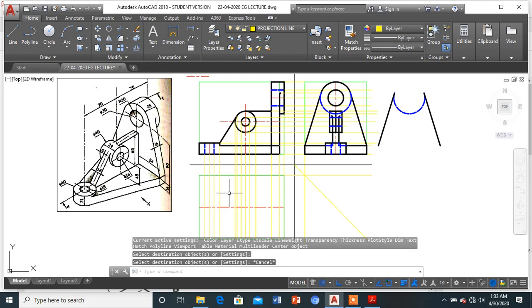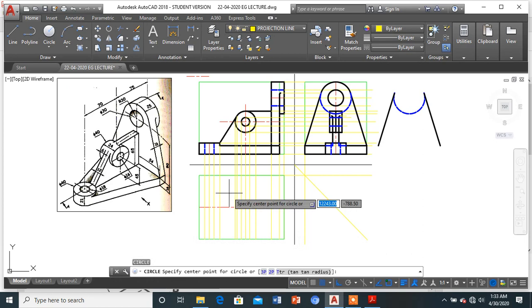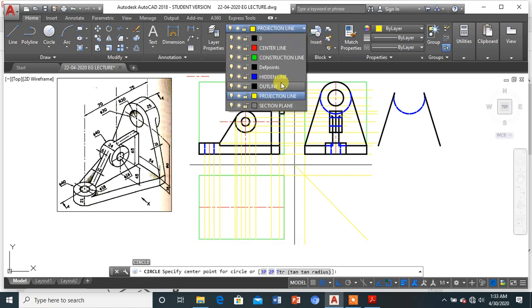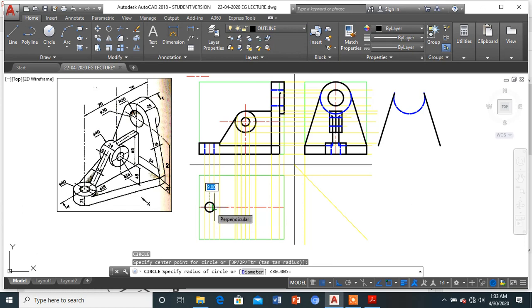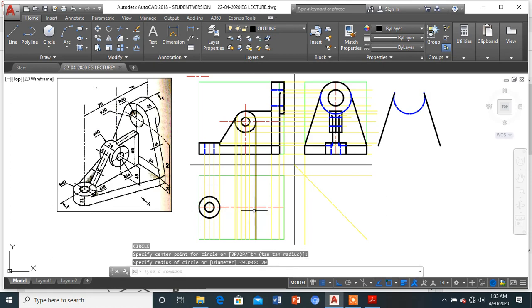Now one by one, let's make the concentric circles wherever they are there, because they will be easier to construct. Okay, so this is the outline. So this is the center line from where I can get a circle of 18 diameter. Then I can get a circle of 40 diameter. So it's done like this. Once we are done, we can proceed with the further parts.